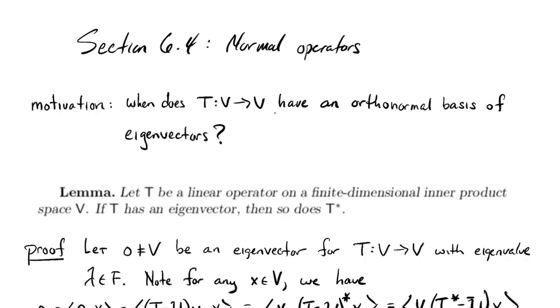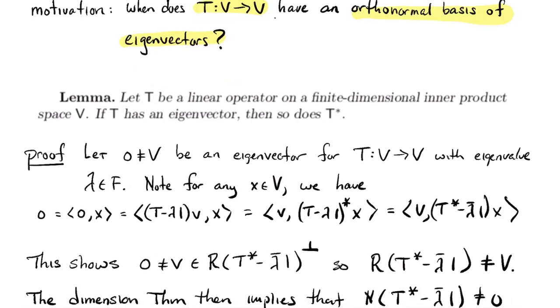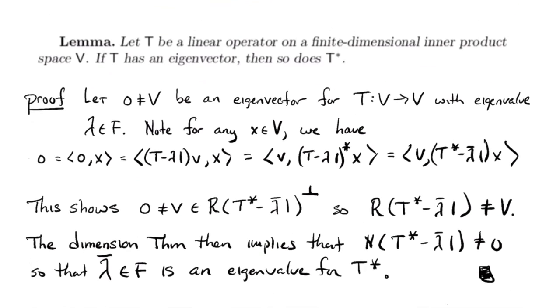Our motivation for this section is trying to answer the question: under what circumstances does a linear operator on a finite dimensional inner product space have an orthonormal basis that consists entirely of eigenvectors? All right, so when can we diagonalize a linear operator on a finite dimensional inner product space using an orthonormal basis of eigenvectors? Okay, so to get going here, our first main result, called Schur's theorem, I want to prove